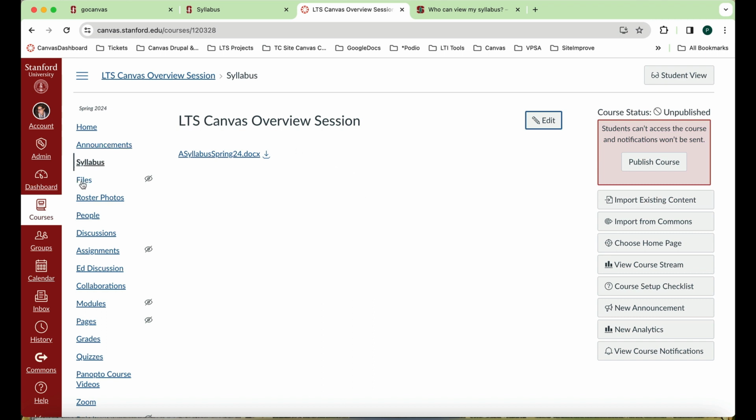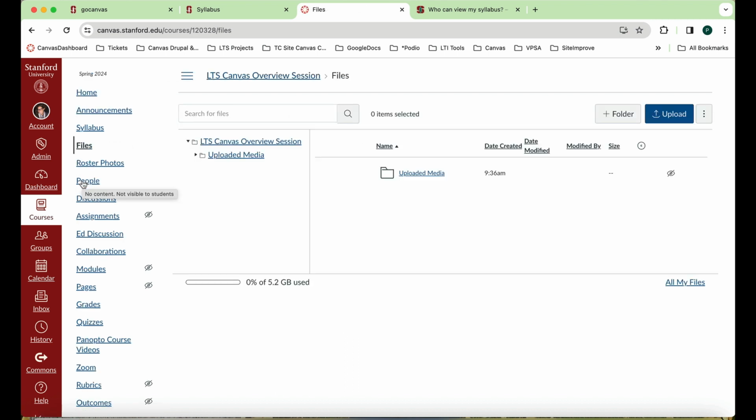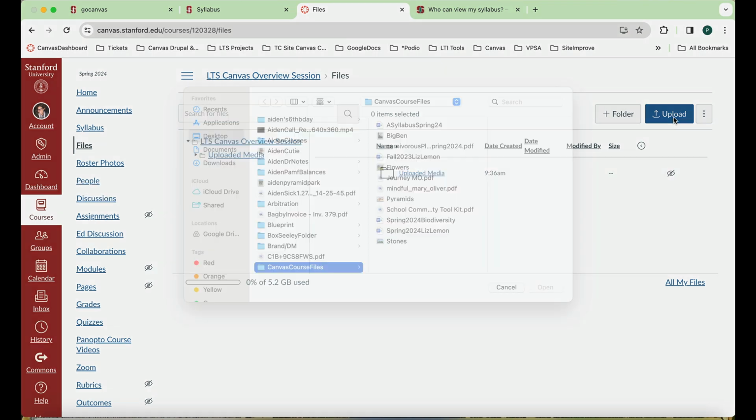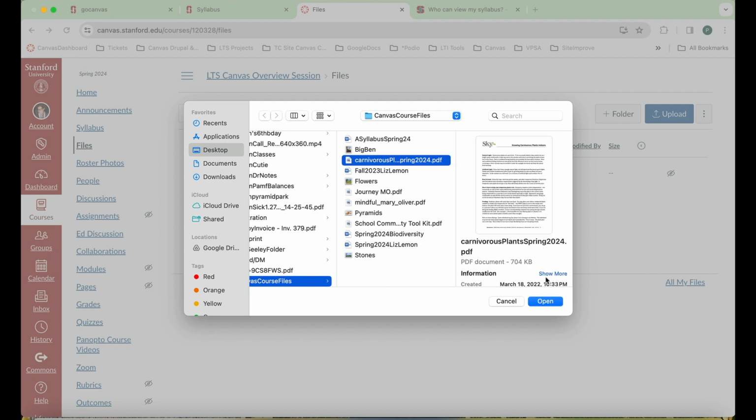I am now going to navigate to Files in my left-hand menu. Okay, so we highly recommend that the second best practice, the first being uploading your syllabus, the second best practice would be to bring over all your content for the quarter into Files. After doing so, it's much easier to further design and develop your course in terms of building out assignments and discussions and quizzes. To upload a file, I'm going to click the upload button. I'm going to find a file and click open.